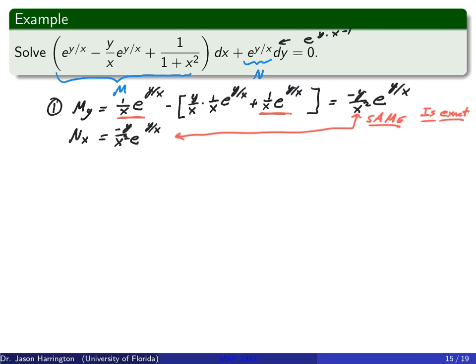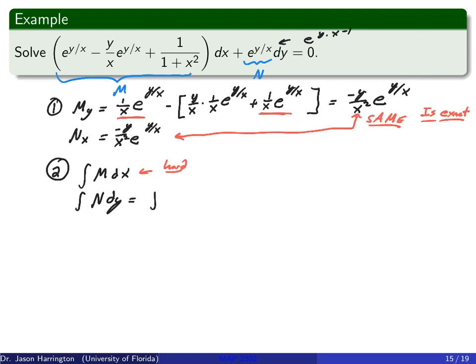Cool. Okay, so now let me show you a neat little trick so that you don't really have to worry about computing all these things, particularly trying to find the antiderivative of this huge piece here, because that's truly daunting. So let me write this out. If I were to try to integrate M with respect to x, I'm just going to say, okay, that's hard. Let's not worry about that right now. Let's see if I can find a way around it without having to actually compute this giant integral. But I do know how to integrate N with respect to y, because that one is in fact pretty easy.